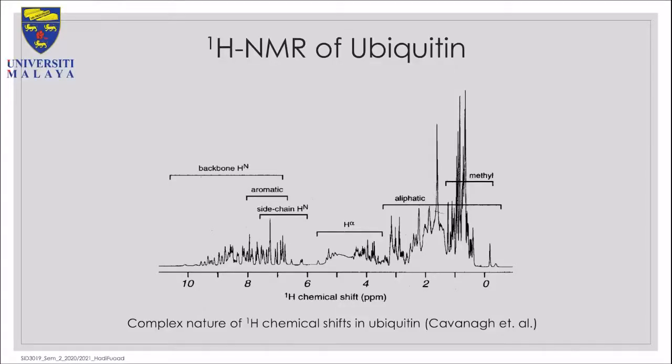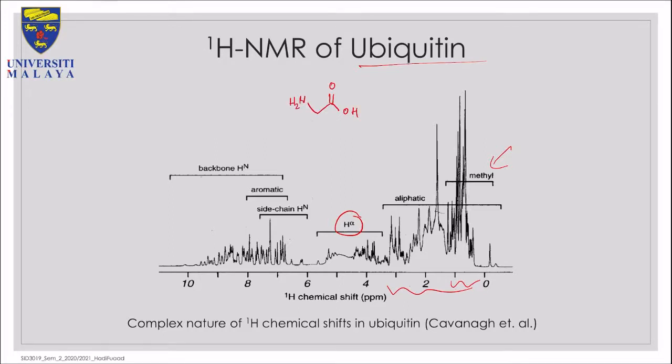So if you were to do NMR spectroscopy, or proton NMR, for a protein, for example, here is ubiquitin, what you will see is a mass of peaks. But again, it's a similar principle whereby you know a methyl group is normally around 1 or less than 1, and then you can have aliphatic groups. And then what you'll see here is alpha protons, because remember, when you have an amino acid like this,